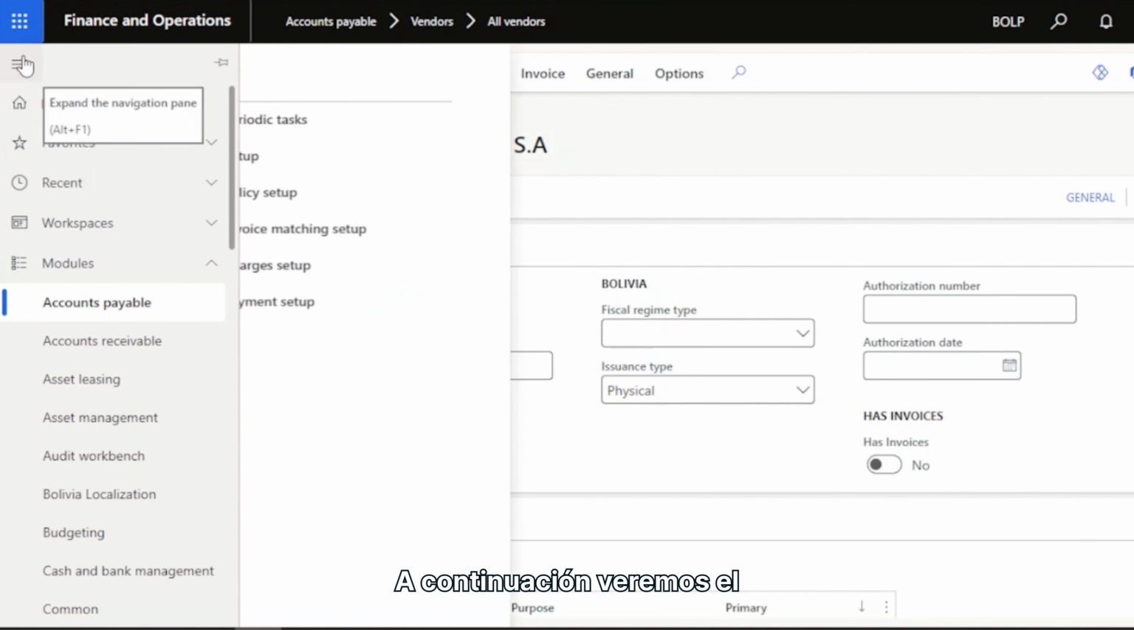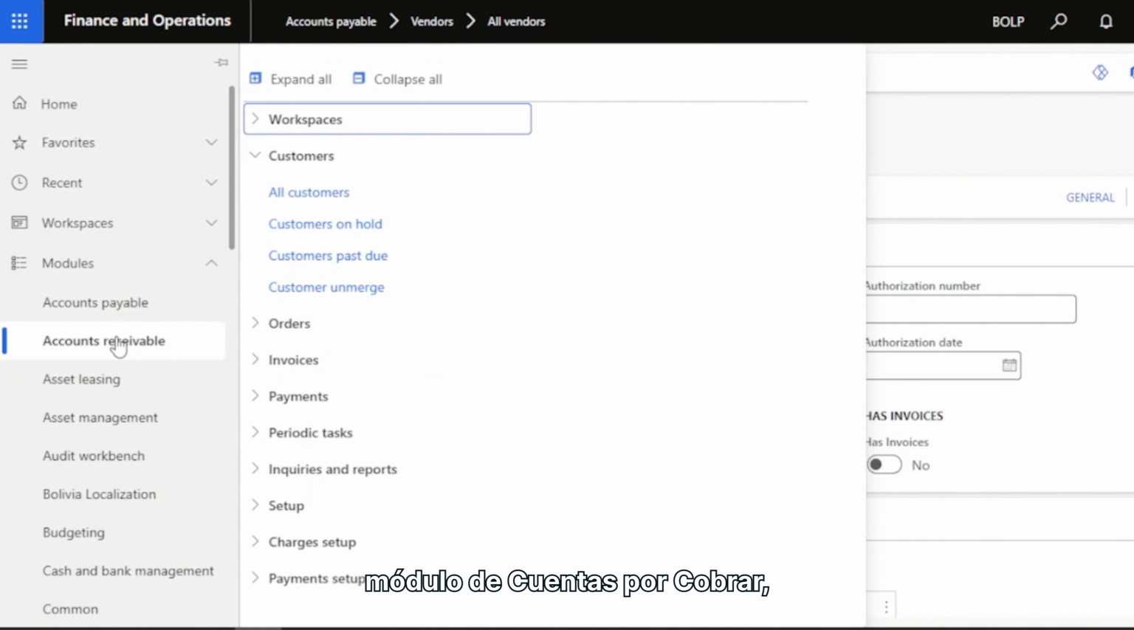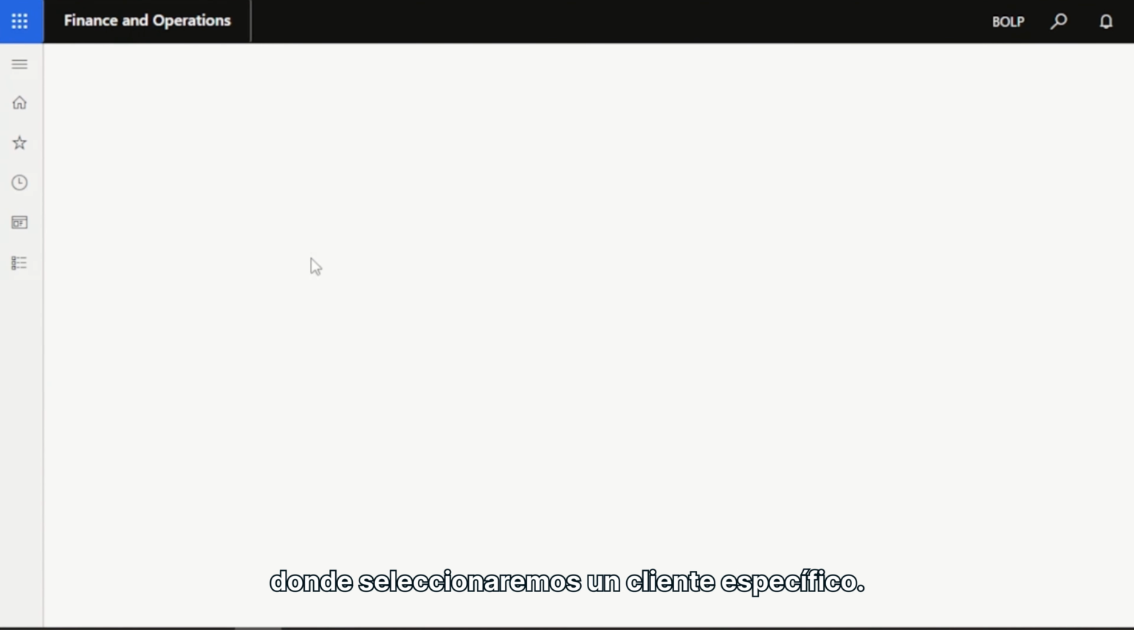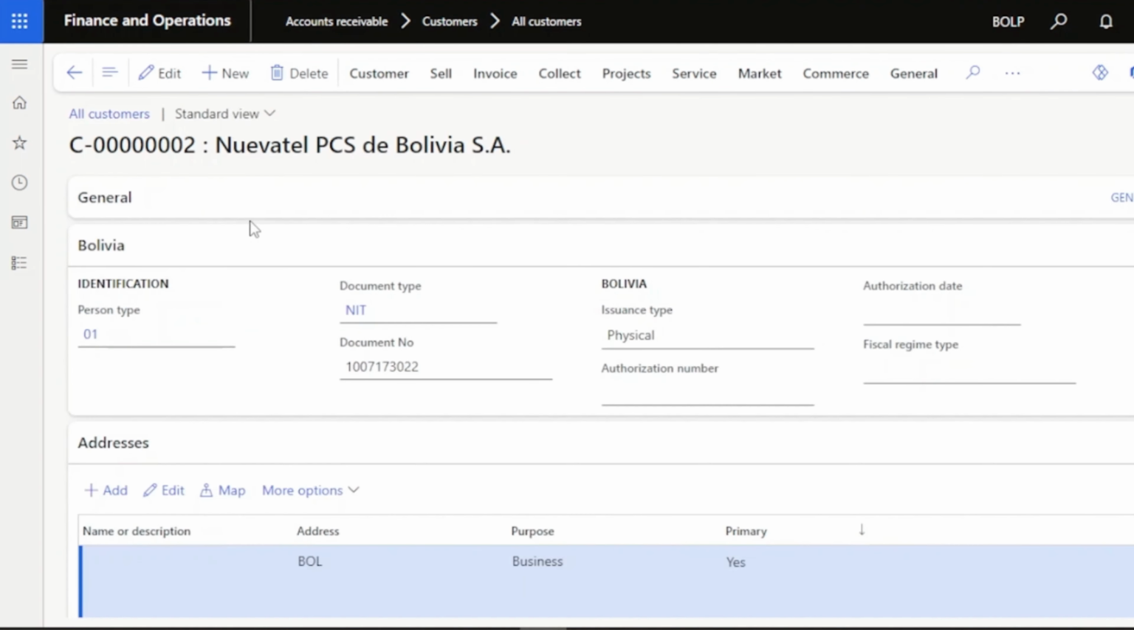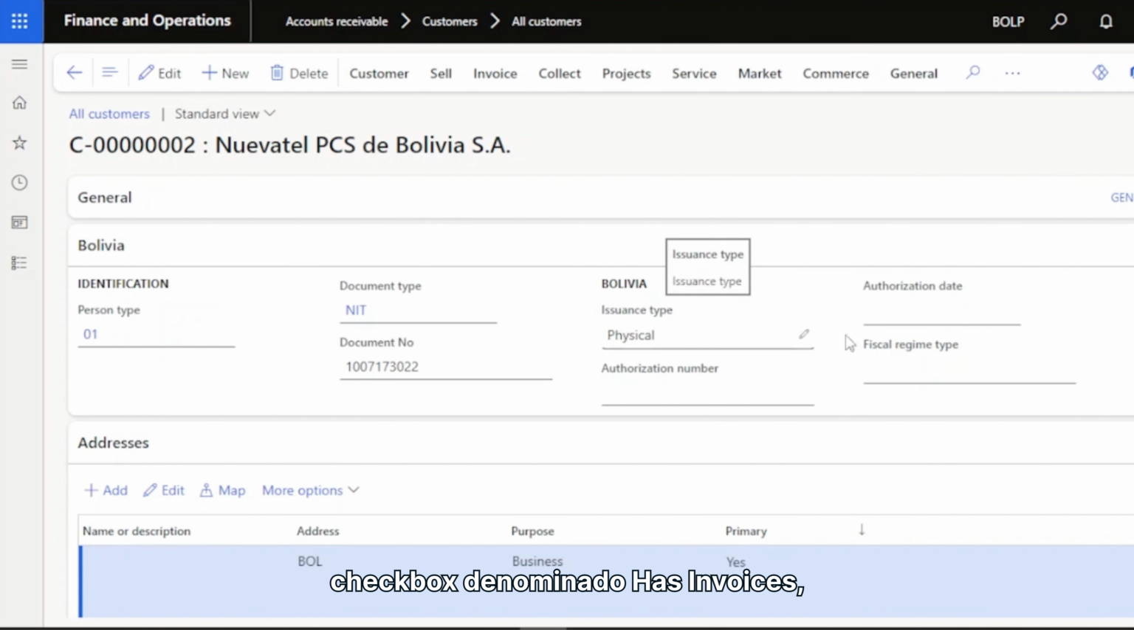Next up, we will be looking at the customer master within the accounts receivable module, where as well we will be selecting one specific customer. In the customer master, we will find the same FastTab specific for Bolivia localization fields, as well as the same fields that we looked at in the vendor master, minus the has invoices checkbox,